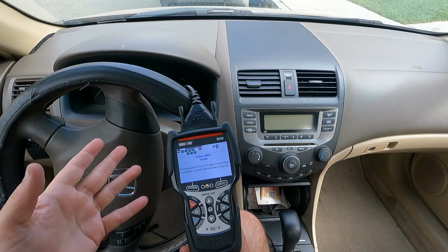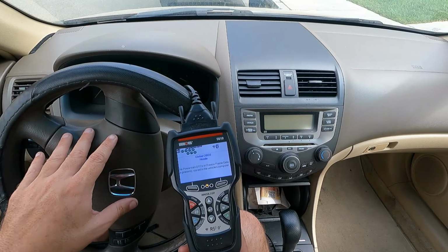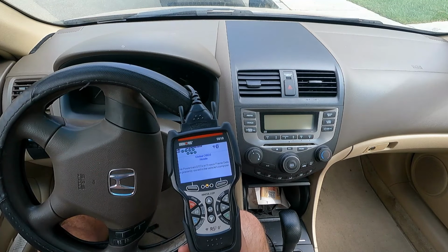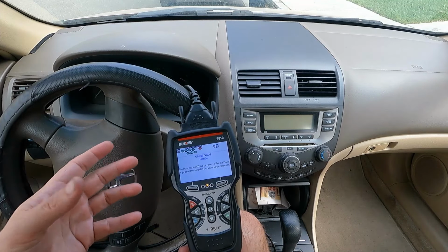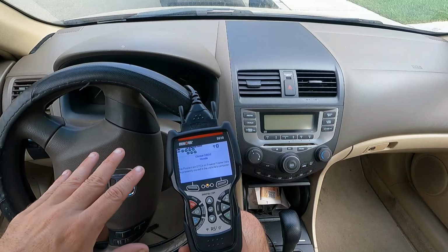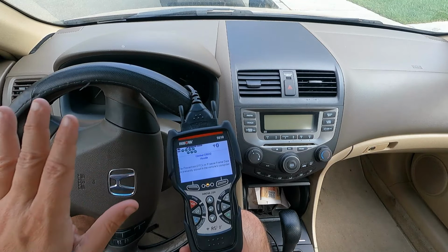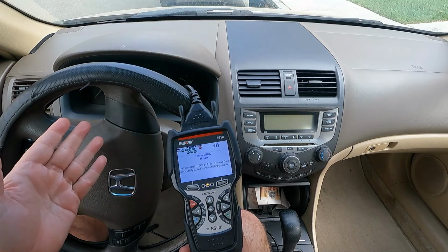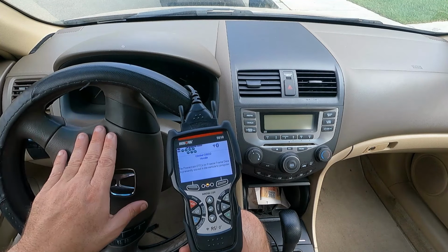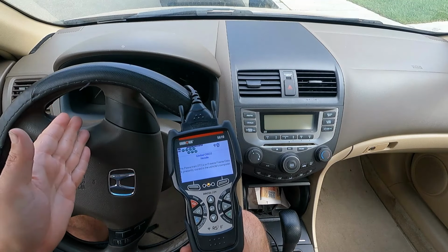Now, if you have this code, the P2646 or the P2647, a lot of the forums and things that I read, including a few videos that I watched, suggest to just go ahead and replace the entire valve assembly, because the deposits and whatnot that build up can get inside the solenoid, get inside those passages. You could spend some time cleaning it up and change the little O-ring with the filter screen and maybe still get this to work. We just didn't want to fuss with it, or didn't really want to take the time to mess with it, so we went ahead and replaced the entire spool valve assembly, complete with the solenoid and